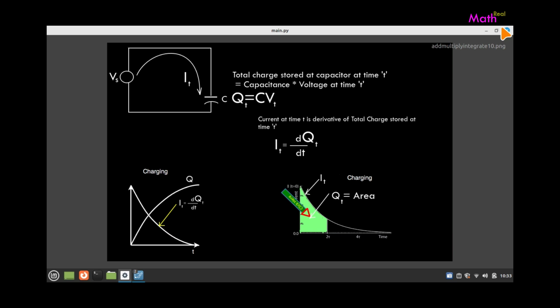So right now we'll prove the differentiation. If I know the voltage, I know the Q. So I'll differentiate the Q, dq by dt, and find the I theoretically. If I know the voltage, then I know the Q. If I differentiate the Q, then I find the I. Once I find the I, that would be the theoretical I, what we get through the formula. That will corroborate with the actual